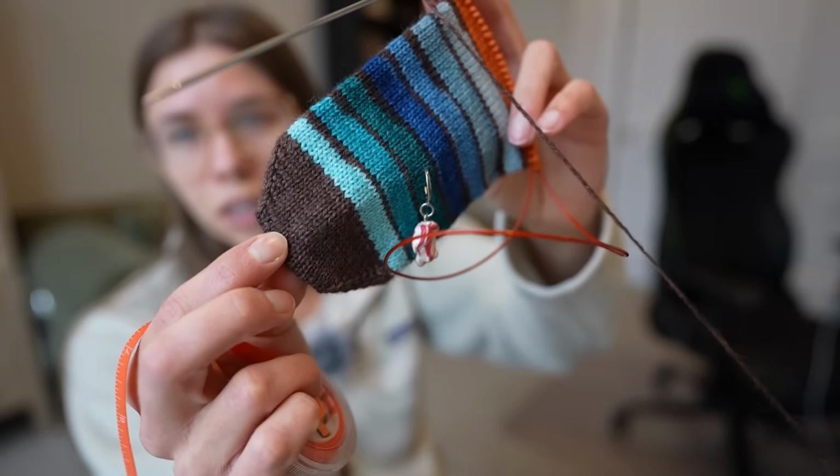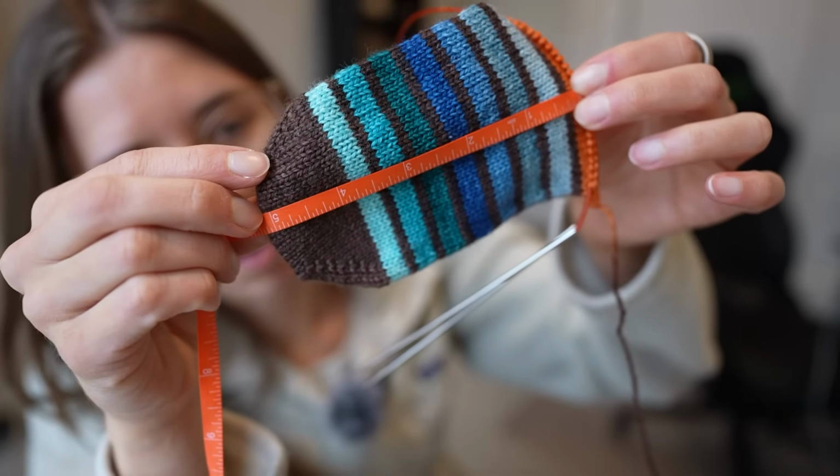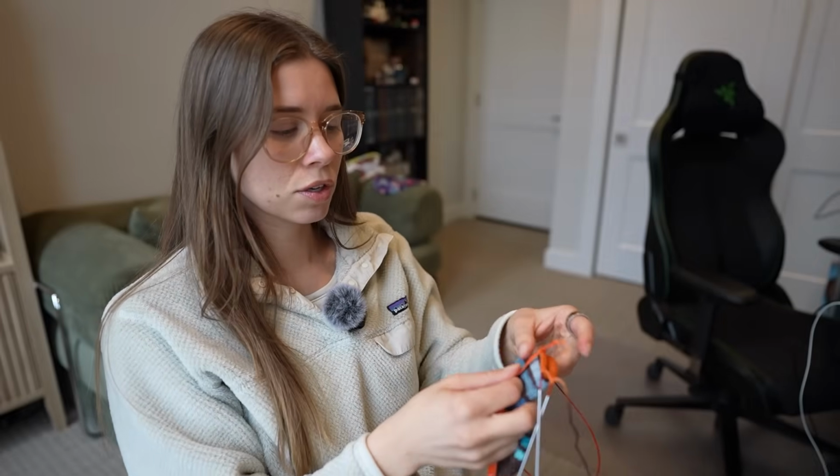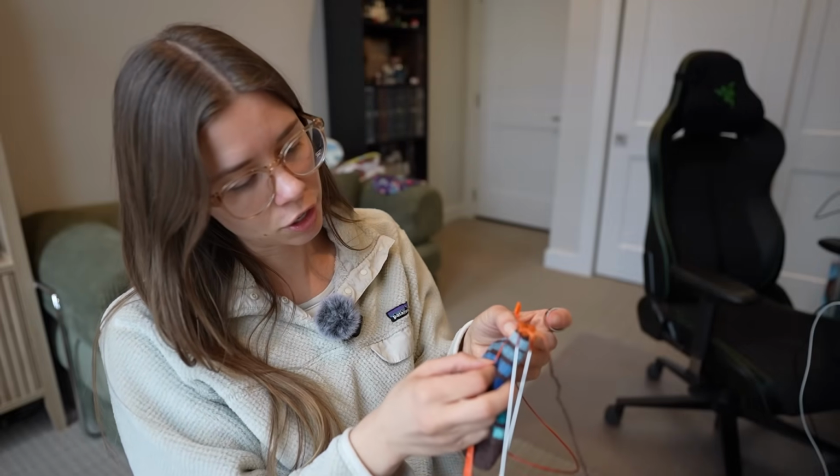This toe is a little bit shorter than that other toe that I did. I actually did those from the cuff down. So what am I at right now? I'm at a little over 5 inches. So I don't have to worry about this for a little bit, for at least another inch, which looks like 2 more stripes. So in 2 more days, I'll probably do a little more figuring out,